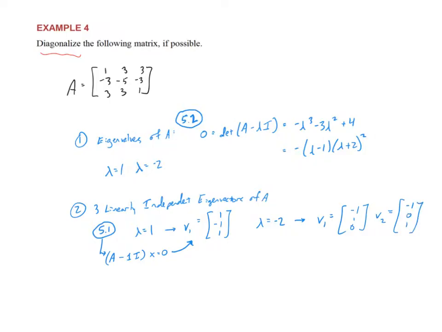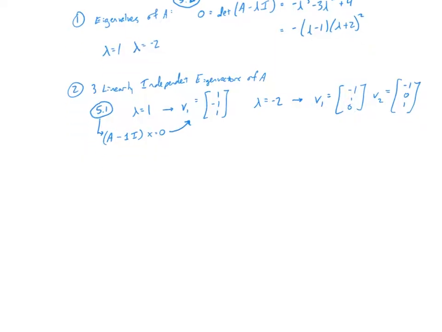And since there's two of them, we can pretty quickly check that they are linearly independent. And if you take a minute, they are, definitely. They don't scale each other. Okay, so that is step 2, 3 eigenvectors of A. Then step 3, we can write down our P, and then step 4, we can write down our D